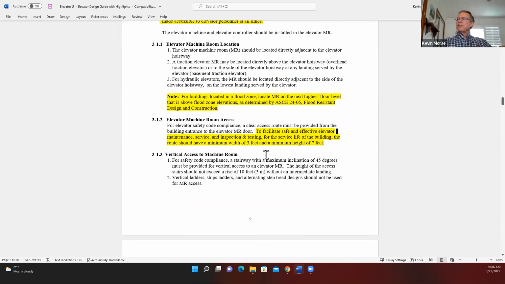So, machine room access. For elevator safety code compliance, a clear access route must be provided from the building entrance to the elevator machine room. To facilitate safe and effective elevator maintenance, service, inspection, and testing for the service life of the building, the route should have a minimum width of 3 feet and a minimum height of 7 feet. The reason this is in here,